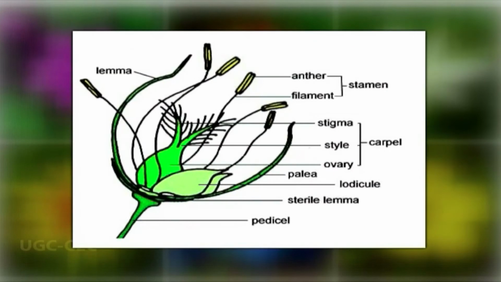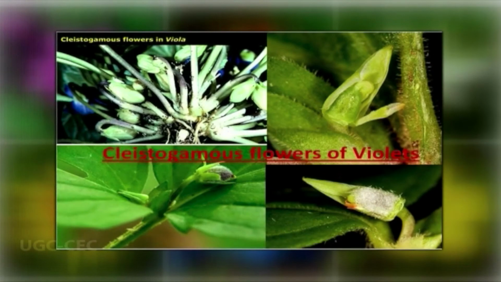In some monocots like members of family Poaceae, the flower is highly reduced and is represented by 2 bracts called lemma and palea, which enclose stamens and carpels. Some plants produce flowers which never open and are self-fertilized, as in some violets and some other plants. Such flowers are called cleistogamous. The variation in flowers can also be due to slight deviation in its basic parts, including their position, structure, their sexual expression and symmetry, etc.